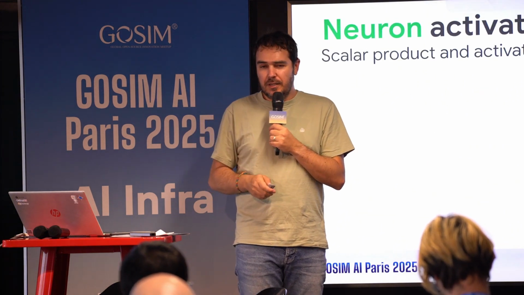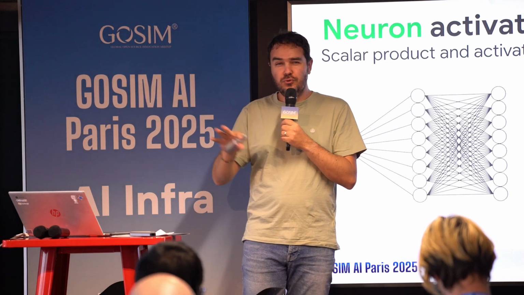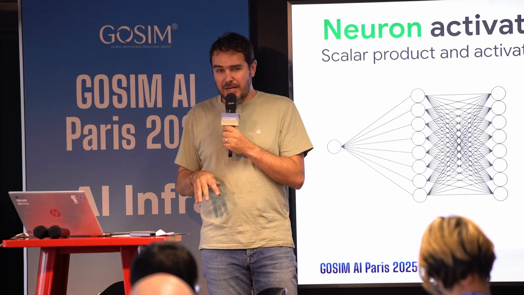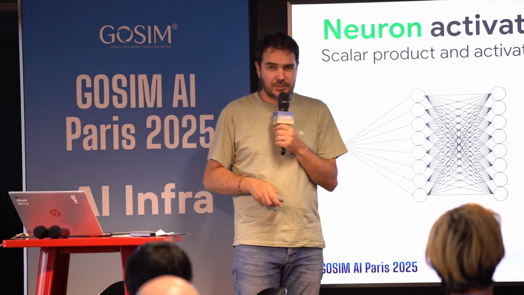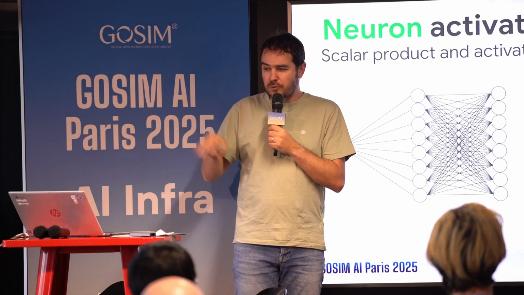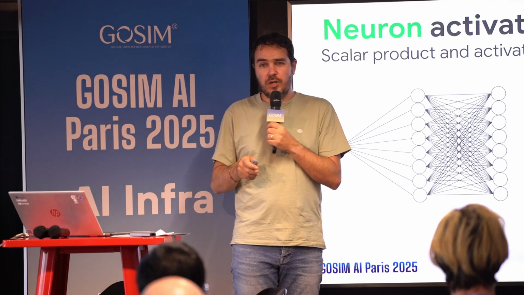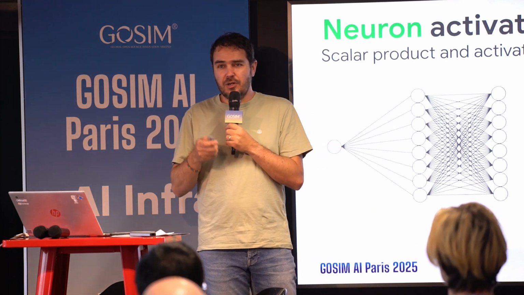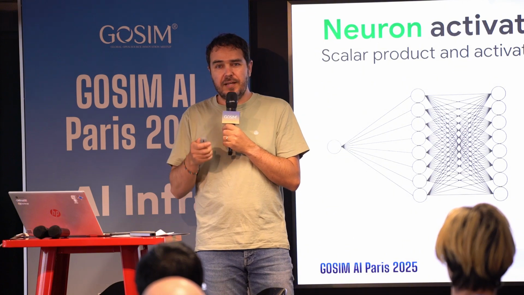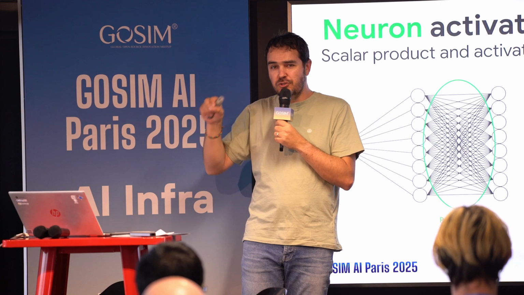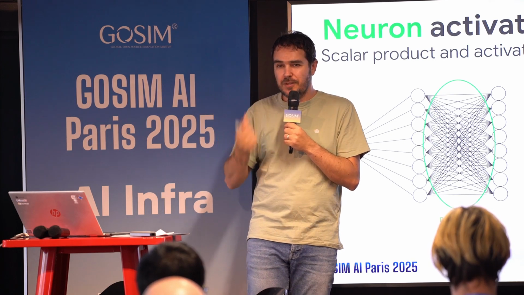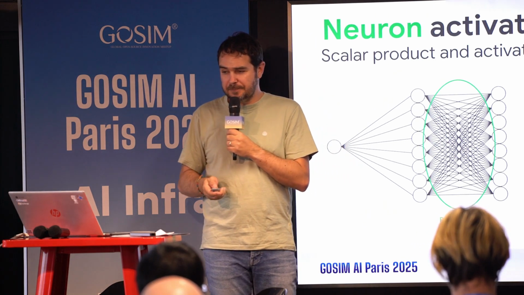If I deep dive into the neural network here, I'm sure you know this kind of schema where you have a lot of neurons and connections between the neurons. Just before going deeper, a word of vocabulary. What are the parameters of LLMs? The parameters of LLMs are the connections between the neurons. The more connections you have, the more parameters you have. That's the matrices of the LLMs.